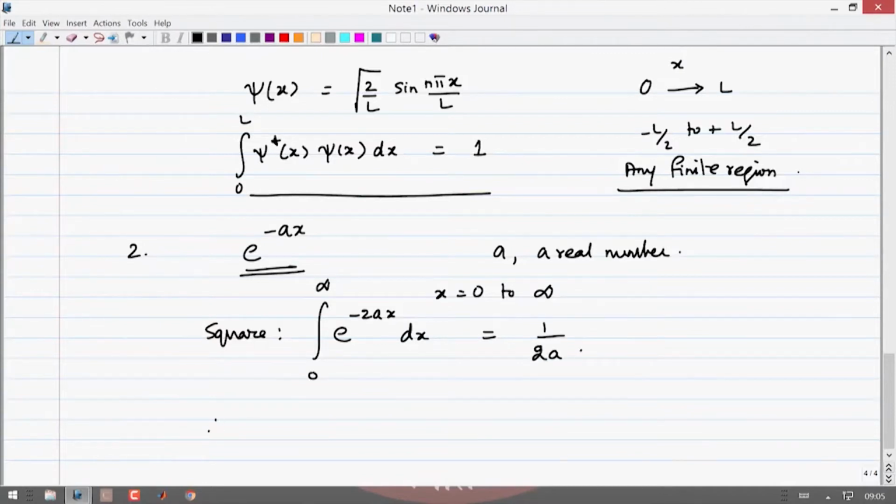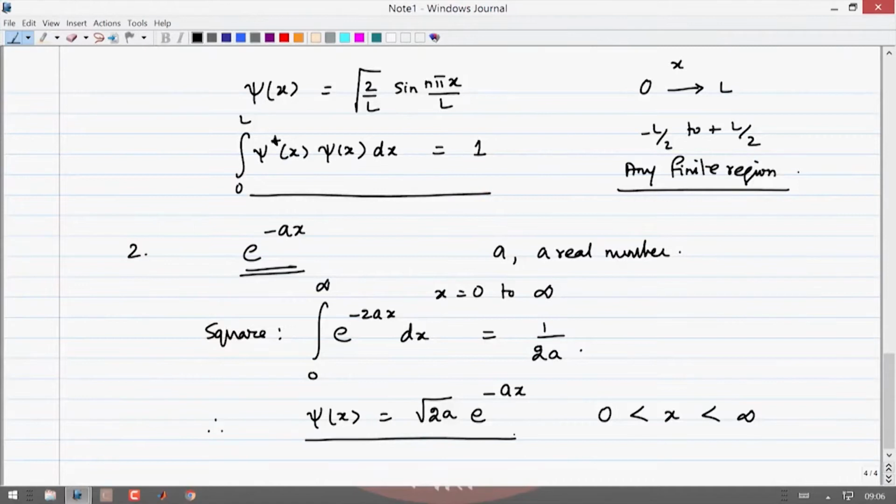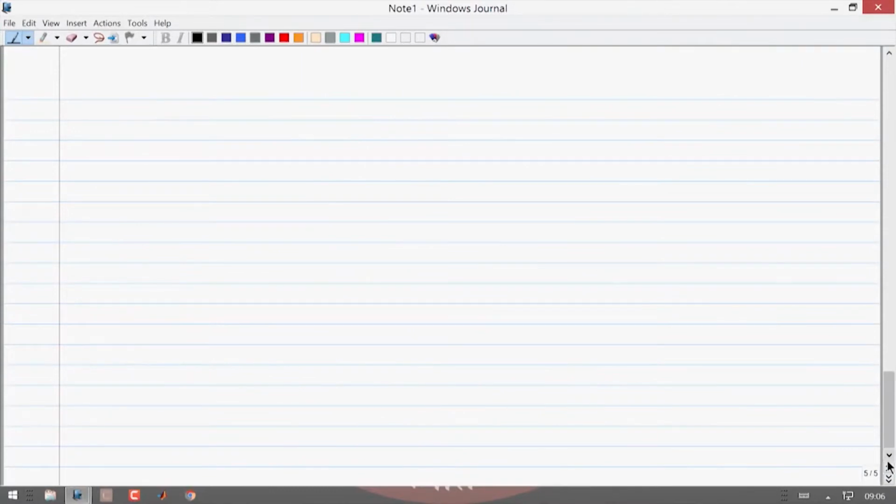2a. Therefore, the wave function psi of x is equal to root 2a e to the minus ax in the interval 0 to infinity is a normalized wave function, because when you do psi star psi on this, you will get 1. There is also another important wave function